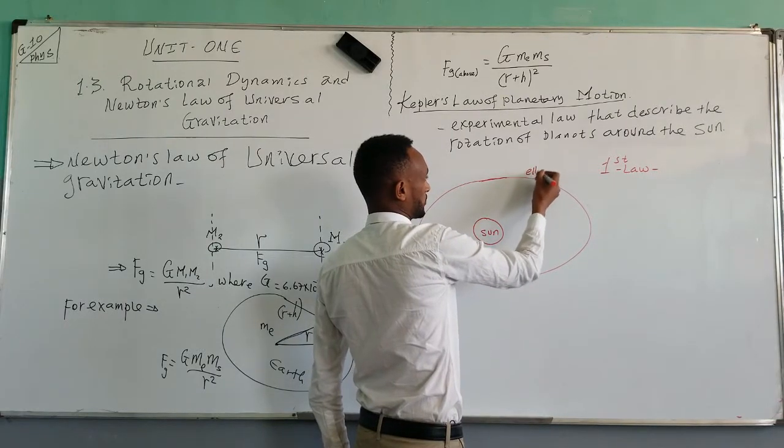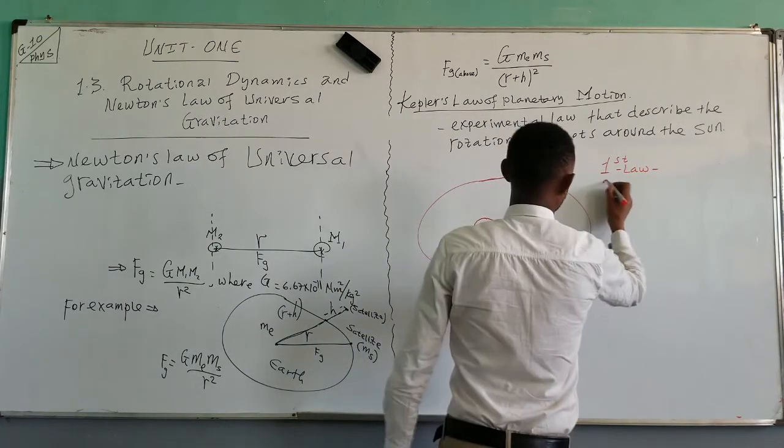An elliptical path, or it is an ellipse. The second law states that